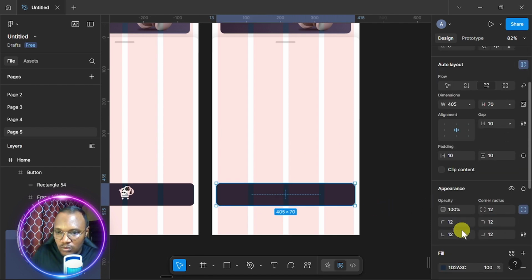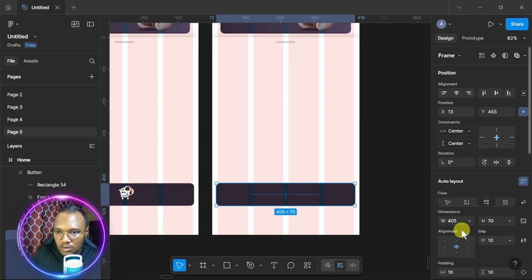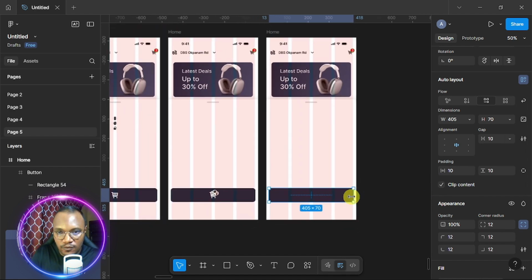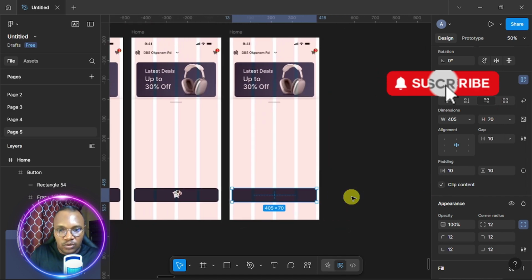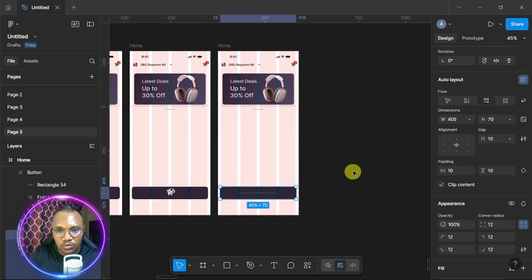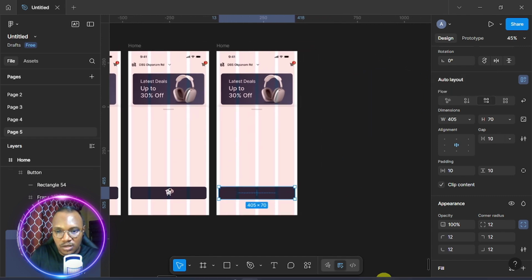Then what you do is you clip content of this frame. You just come to clip content and clip content. So once you've clipped content, you are now done with the add to cart process. So the next process we're going to continue with is